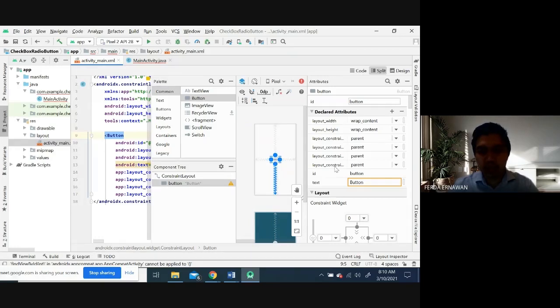Click. You can see in the properties the ID is button, or you can see the ID through the XML file. Let's say I change it here to be display, for example.